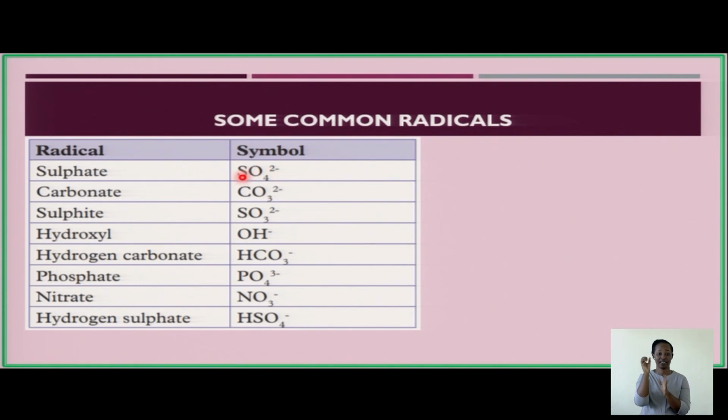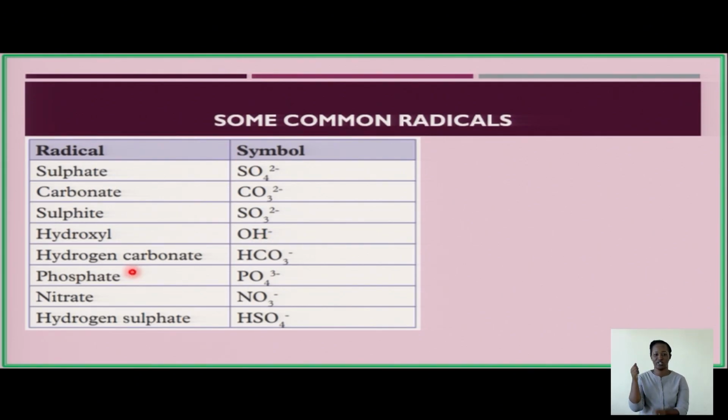This S means that we have one atom of sulfur and 4 atoms of oxygen. And the 2 negative here is the charge of our radical. We also have the carbonate radical, which is composed of 1 carbon atom and 3 oxygen atoms, and which has a charge of 2 negative. There is a sulfite ion, 1 sulfur and 3 oxygen atoms, and hydroxyl with 1 oxygen and 1 hydrogen with a